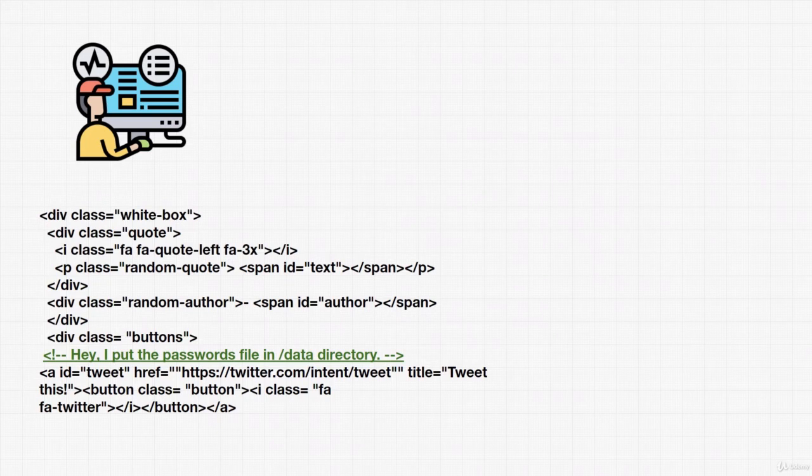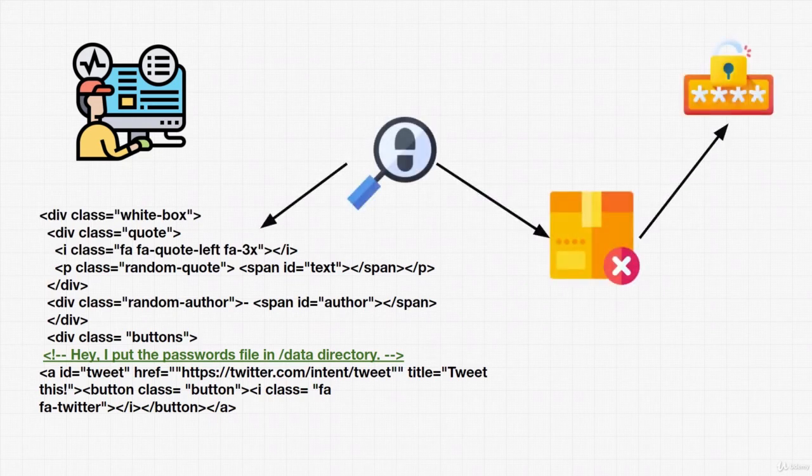code. As we can see in this example, there is a comment that says, hey, I put the passwords file in /data directory. Now that could possibly be left for another developer that is going to take over the project. And maybe before they put out the entire website, they forgot to remove it altogether. Now, the plan of the attack is simple, and it goes like this. We search through the code and through the web page. If there is sensitive data exposure, we might find something useful such as a hidden directory or an admin page, or perhaps a database. And we use that data to then gain access to things that shouldn't be out there for